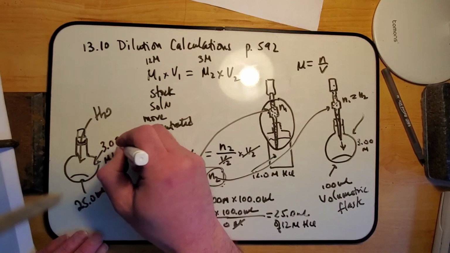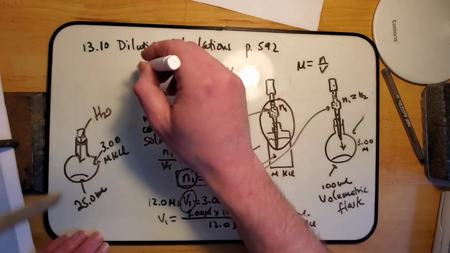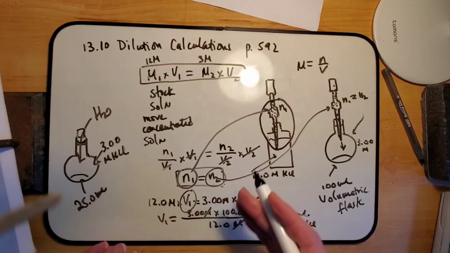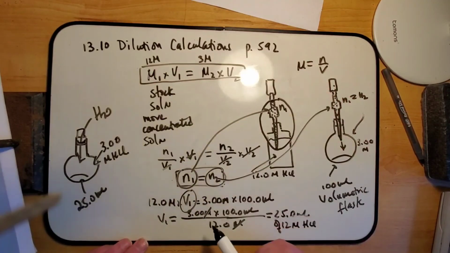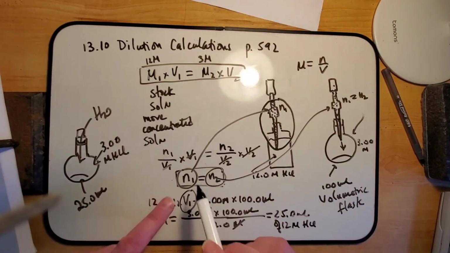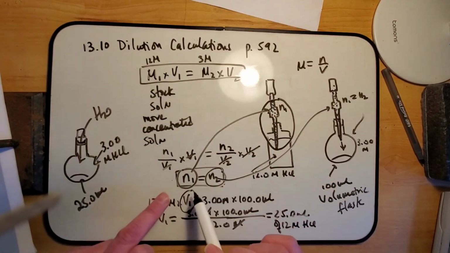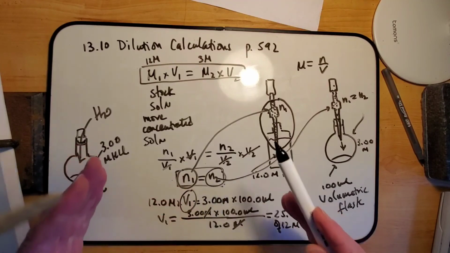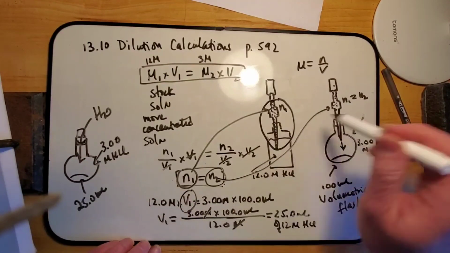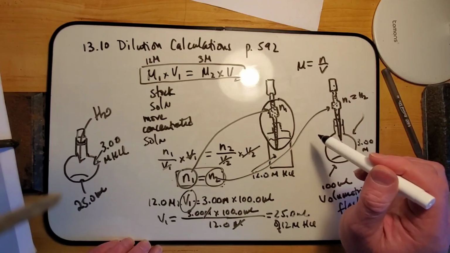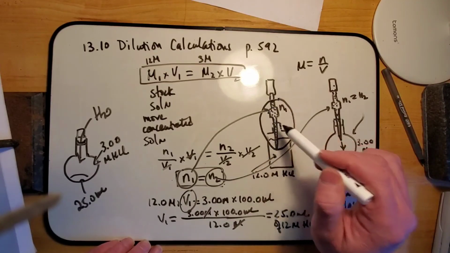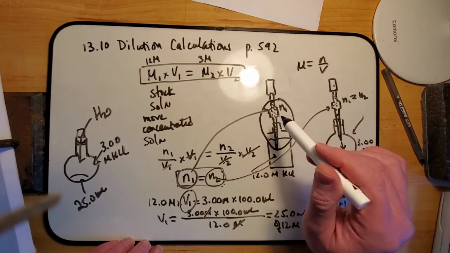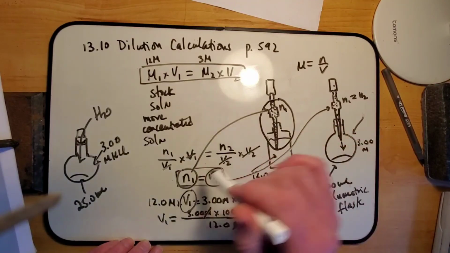So this solution will now contain 3.00 molar HCl. Again, guys, all I did was use this formula here, and I explained why this side is equal to this side. If you break up the molarity, you will see that you have the number of moles on this side and the number of moles on this side, for two conditions. But when you actually understand the process of how you prepare the solution, you will understand that once you aspirate the stock solution inside of this pipette and bring whatever the number of moles in here, which is N1, into here,